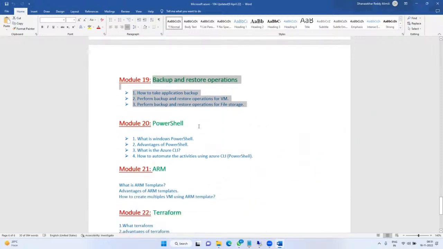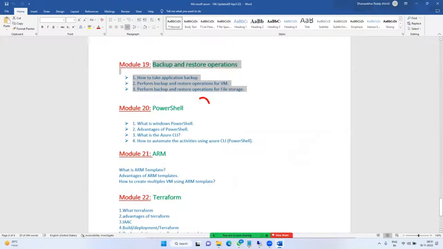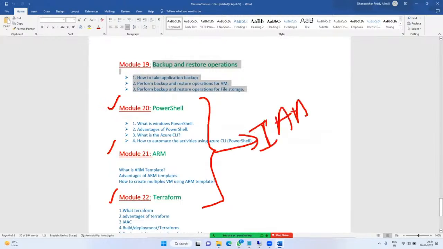From here, module 20, 21, 22. These three come under IaaC. IaaC in the sense infrastructure as code. Always please remember, if we hear this word in cloud environment, we can call it IaaC.